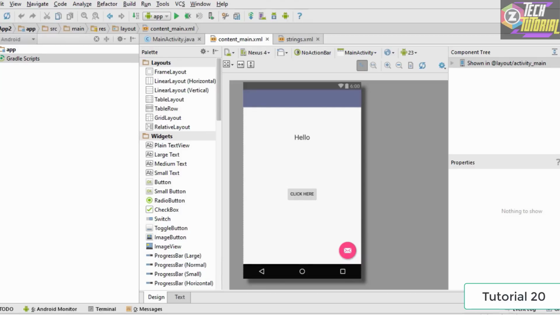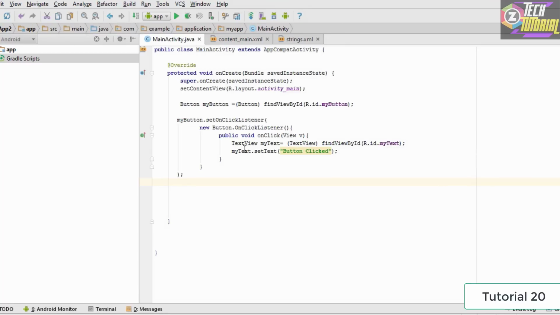Hello and welcome to this tutorial, and in this tutorial we'll be learning how you could add multiple event listeners to a single activity. Now in the previous tutorial we have handled a single event and that event was of a button click. So in order to handle a button click we have used a listener which is called the on-click listener. So on-click listener is basically a listener which identifies when a button is clicked.